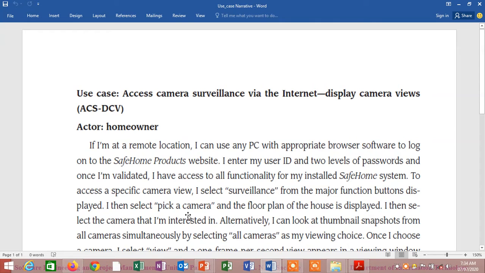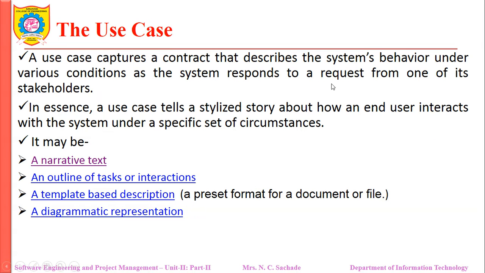I then select pick a camera, and then the floor plan of the house is displayed. I then select the camera that I am interested in. Alternatively, I can look at thumbnail snapshots from all cameras simultaneously by selecting all cameras as my viewing choice. And this is how the customer keeps on telling me what he is expecting from the system in this narrative format.